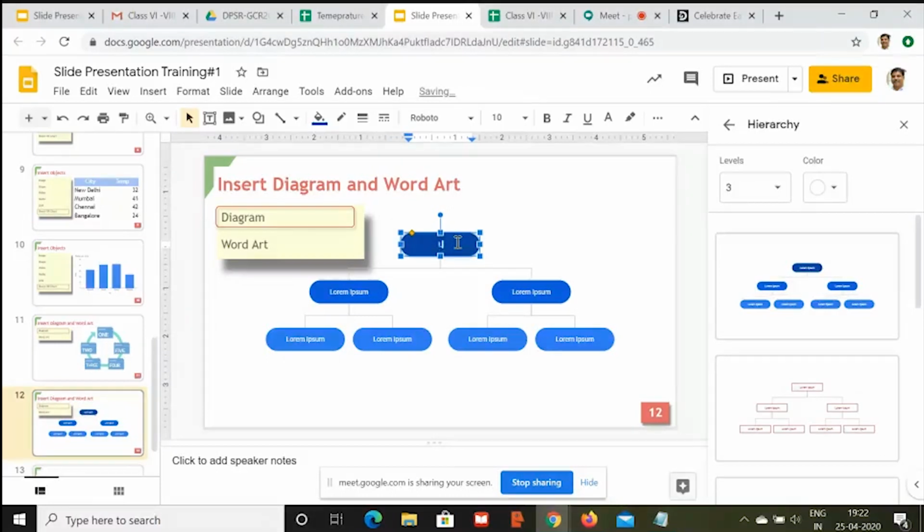And put on top, king, and below this, let's say here the tiger is there as the minister. We have one more minister, this cheetah. And below this, we have monkeys, cats, and rats. So you have monkey here.